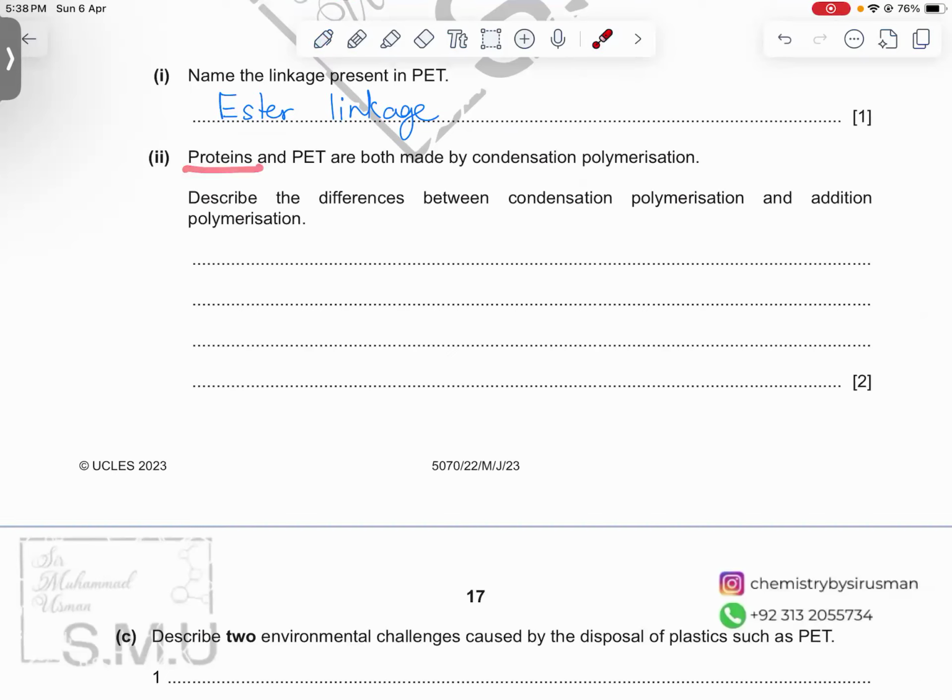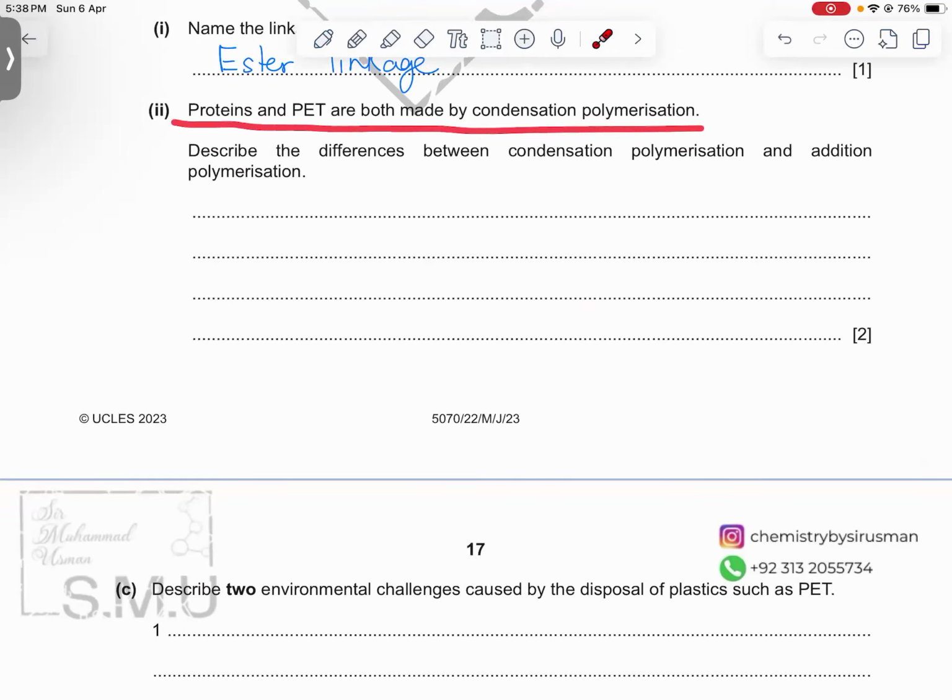Next, proteins and PET are both made by condensation polymerization, right? Proteins and PET are both made by condensation polymerization. Describe the differences between condensation polymerization and addition polymerization. So you want to describe the differences between condensation polymerization and addition polymerization. Because this is of 2 marks, just have to write one thing about condensation polymerization and one thing about addition polymerization. Right? In addition polymerization,